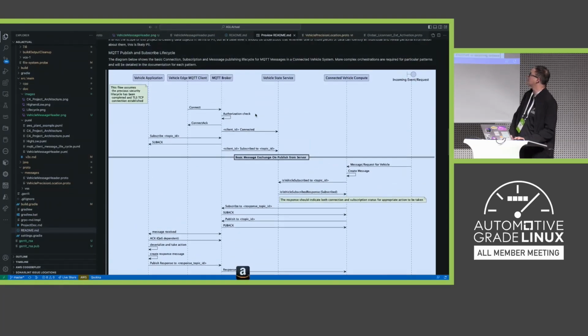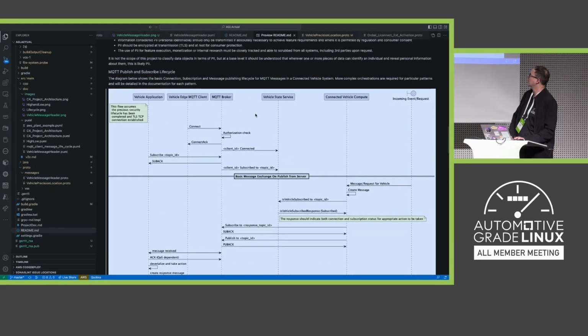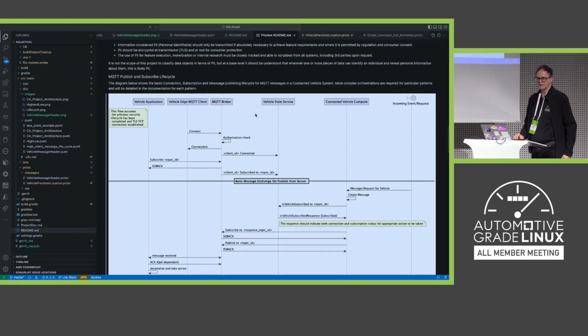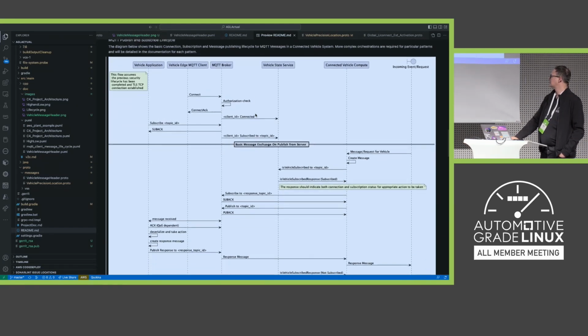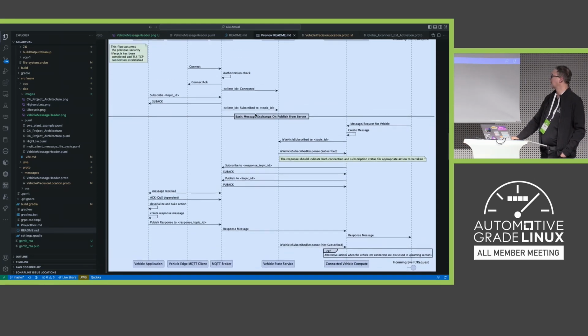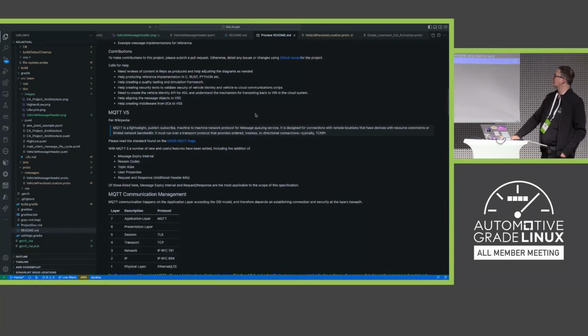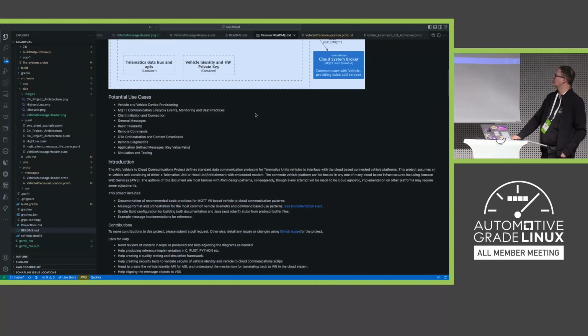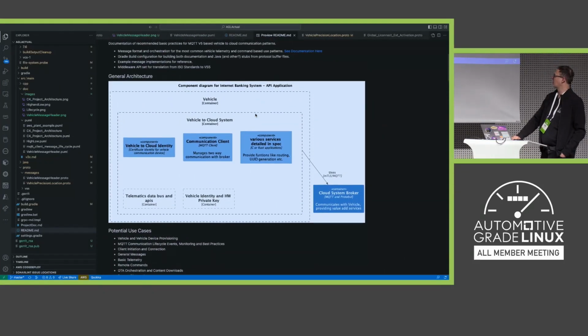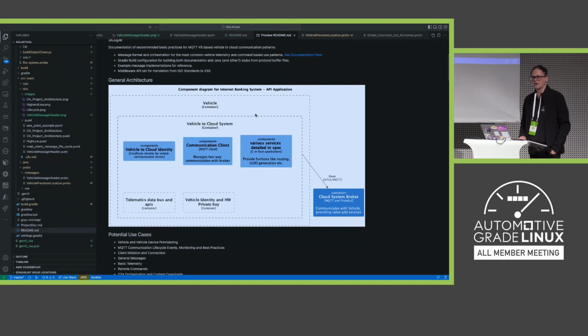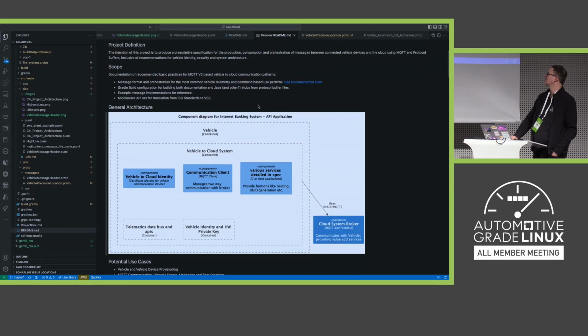So this is a diagram I did on the publish and subscribe lifecycle for just standing up a connection, identifying that there's been a subscription to a particular topic, and then preparing to send and receive messages based on that topic, right? And this is what the documentation looks like when it's rendered from the Markdown. This is the basic architecture diagram. We should probably elaborate a little bit more on this as we move along. But I've done that also in Plant UML using C4.